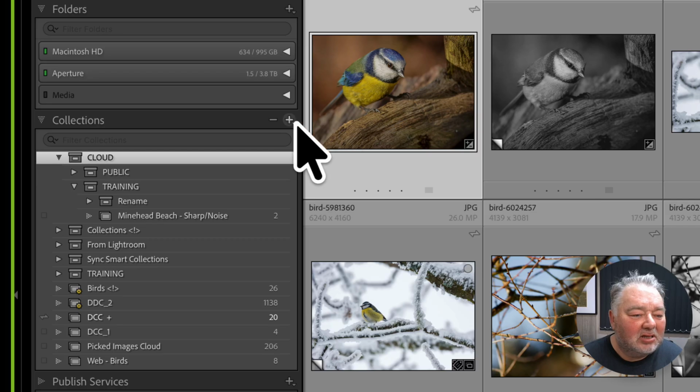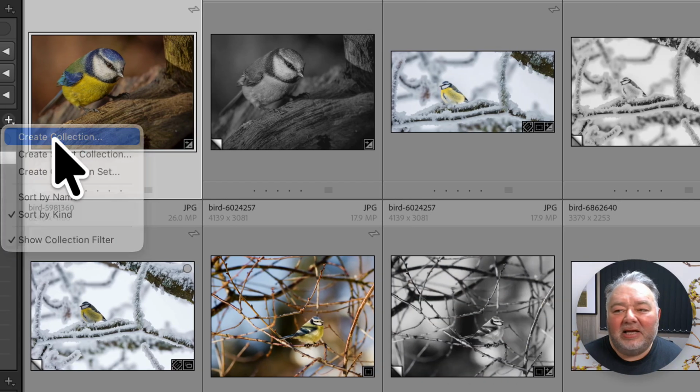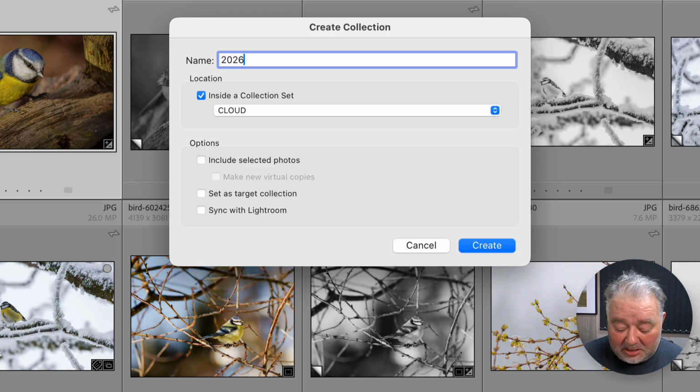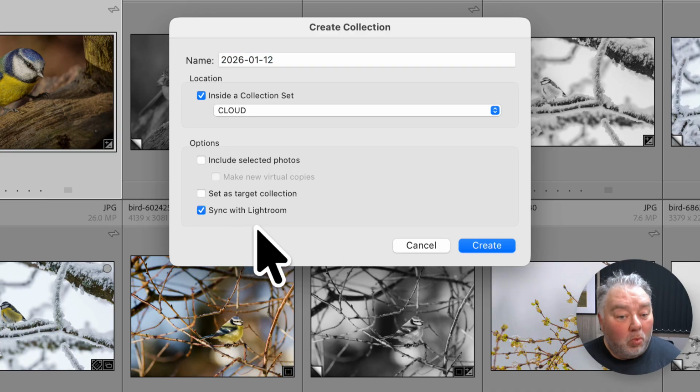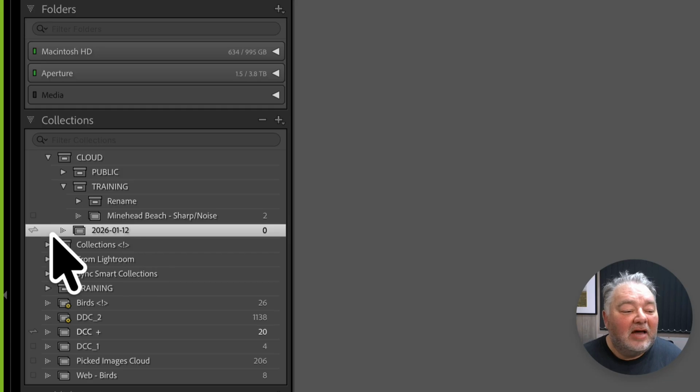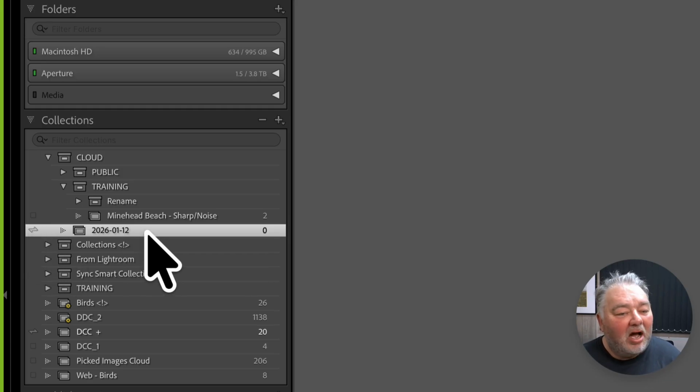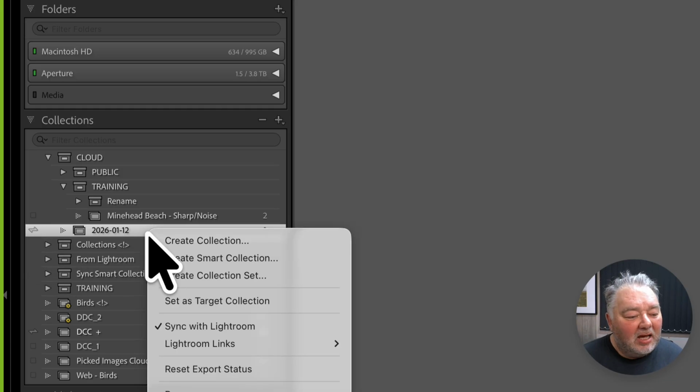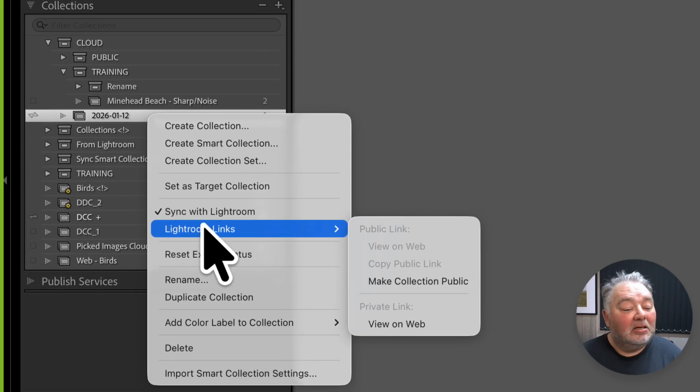So let's go to cloud, go plus, create a collection, and 2026 01 12. Okay, and I'm going to put it into this collection set called cloud, and I'm going to sync this collection with Lightroom, with the cloud. So I press tick, and there it is here. And you can see I've got a little squiggle down by the side of the collection, and that's telling me it's in the cloud. Okay, I've sent that to the cloud, and I can go right click and